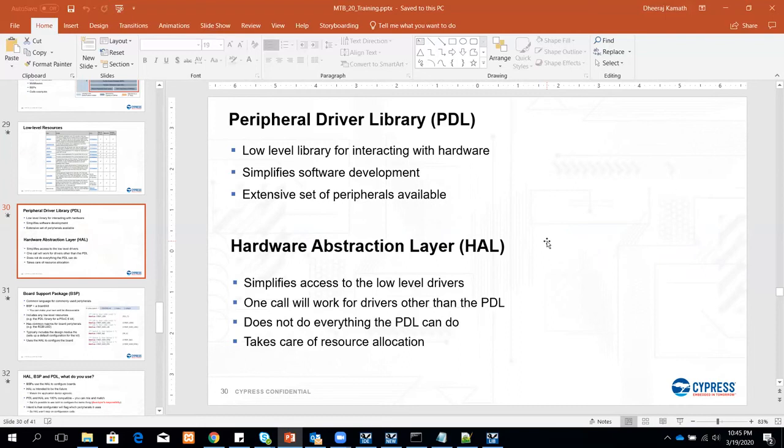And on top of the PDL we have the HAL, and one call to any of the drivers basically runs on top of the PDL. So invoking the HAL will invoke the respective PDL for that particular driver. And you need not worry about the resource allocation, because HAL takes care of that for you.